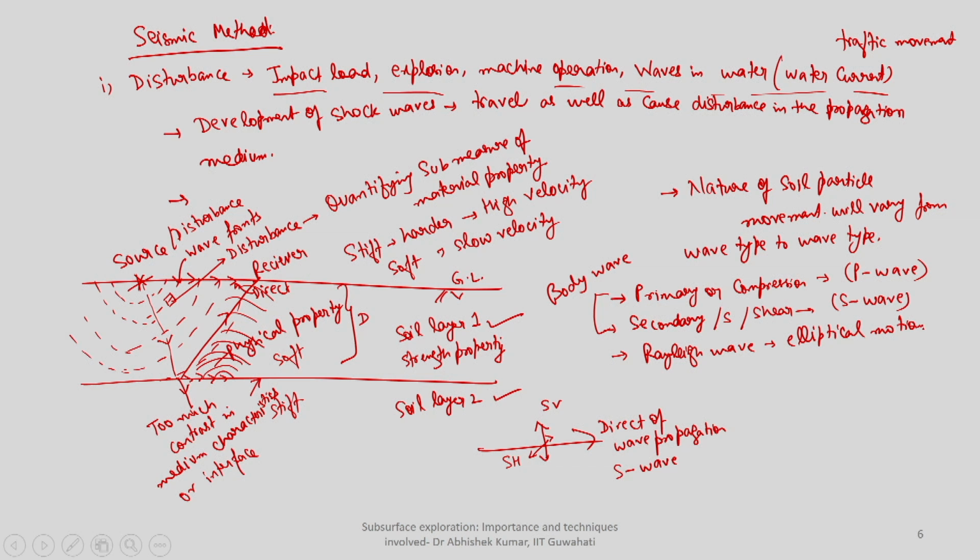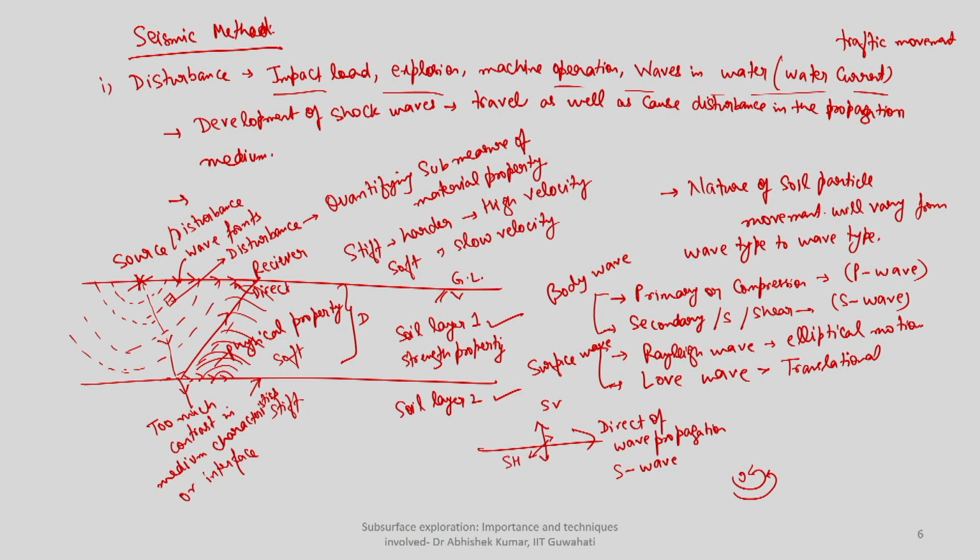So whenever the Rayleigh wave is passing, the particle motion will be like this. There will be some kind of elliptical motion. The last one is called Love wave. Here the particle motion will be translational, like a side-to-side wave motion. These again are classified as surface waves because they are more prominent near the surface of the ground. So these are precisely four kinds of waves. Whenever we go for seismic methods, these are the four prominent kinds of waves.